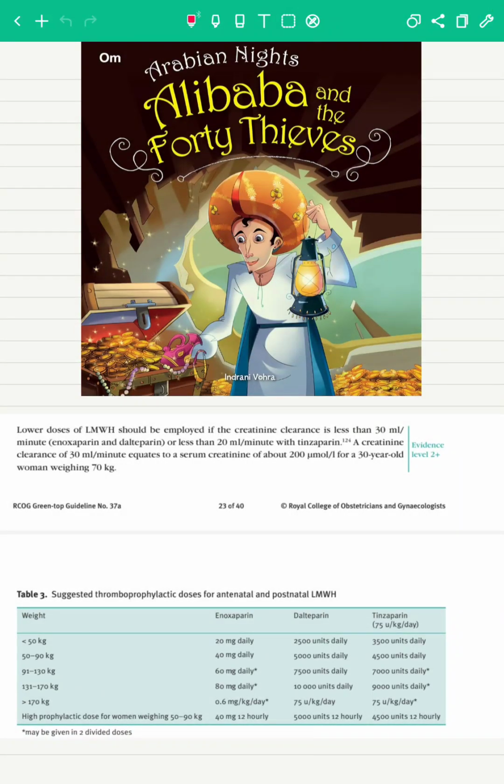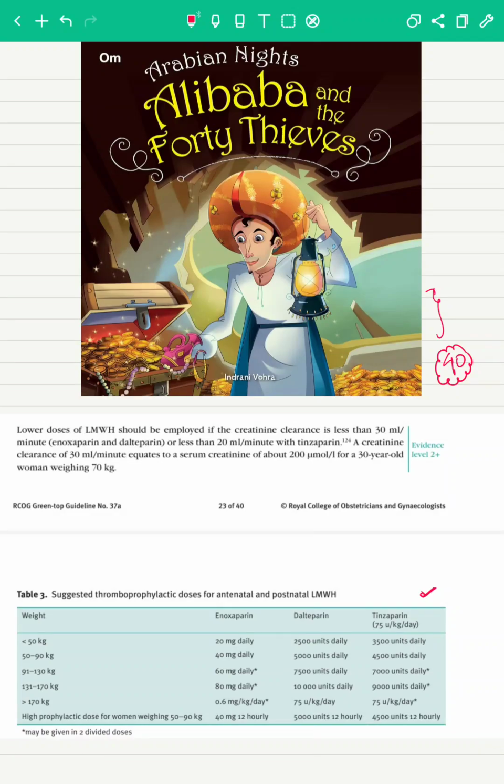Discussion is the suggested thromboprophylactic doses for antenatal and postnatal patients where we have to give low molecular weight heparin. Now, this is the table that we have to remember from the Green Top guideline number 37A. Now, the easiest way to remember this table is the Arabian Nights story of Ali Baba and the 40 Thieves, because the number 40 is the most important digit that we have to